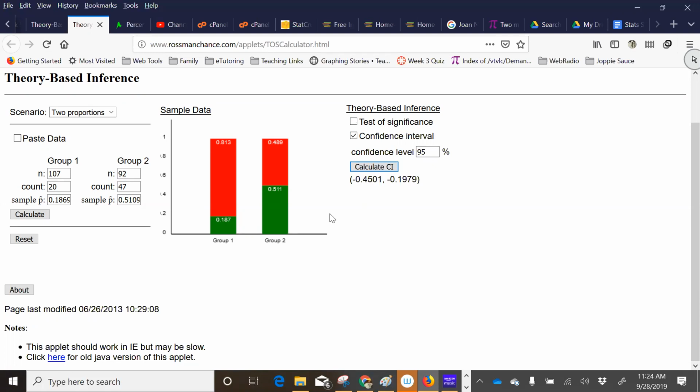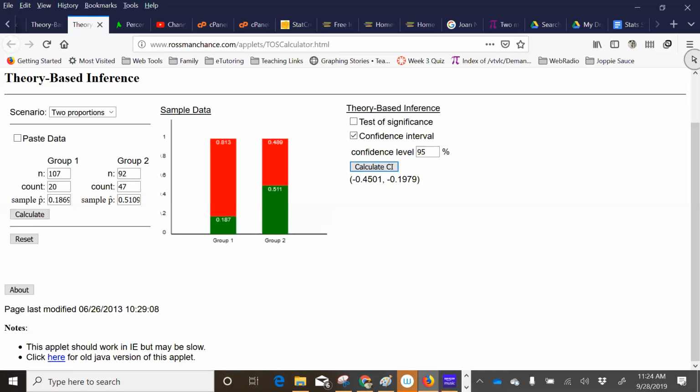This is hard. Let's see. I'm going to reverse this. I'm going to say the true difference between the percentage of females that have earrings versus the percent of males that have earrings could be as much as 19 or 20% more to as much as 45% more. So it looks like